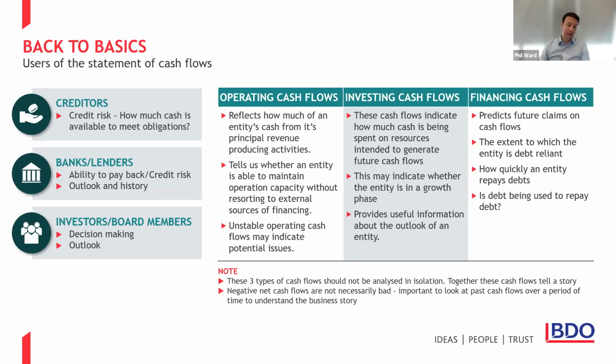In terms of banks and lenders, banks will want to know in very simple terms, can an entity service and pay back a loan? They will look at a cash flow statement because it helps them to understand whether the information they're being told by management of the business is consistent with the underlying position. This cash flow statement, as I said, doesn't have the fair value adjustments or accounting estimates in it. It's a really powerful tool to understand whether the business story is consistent with what they're being told.